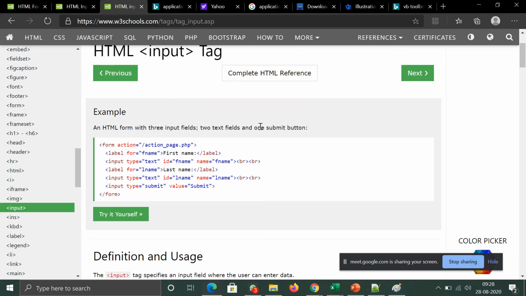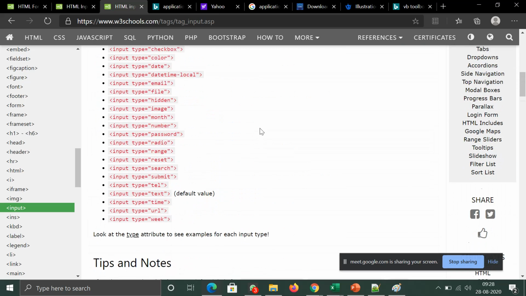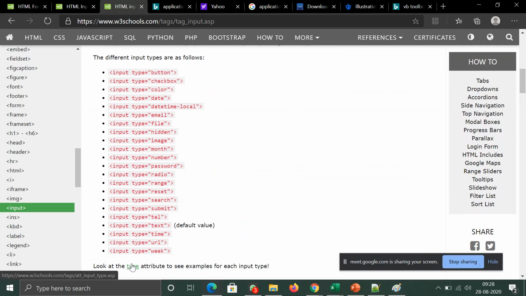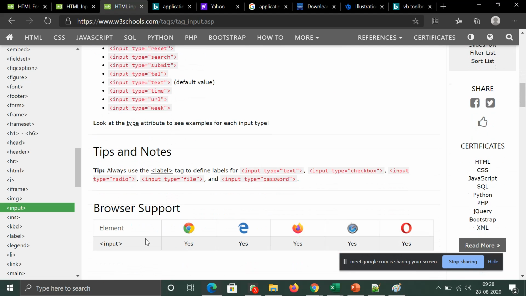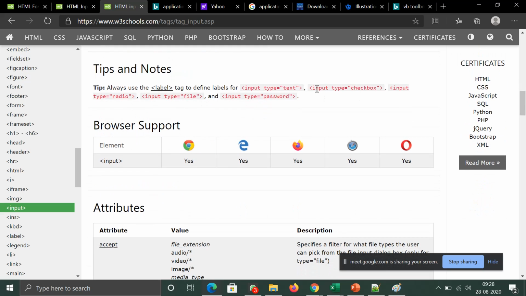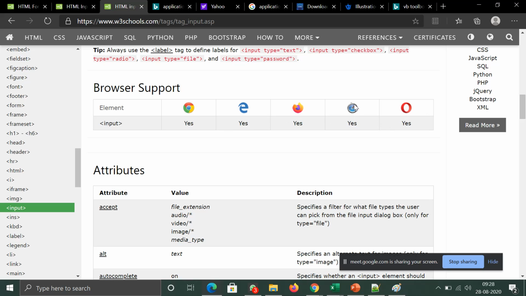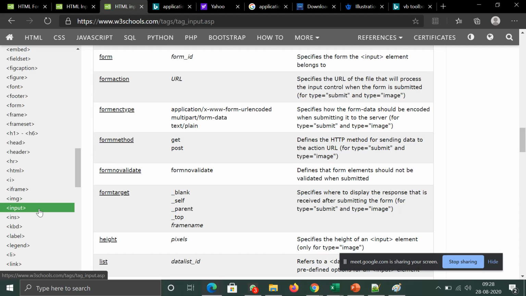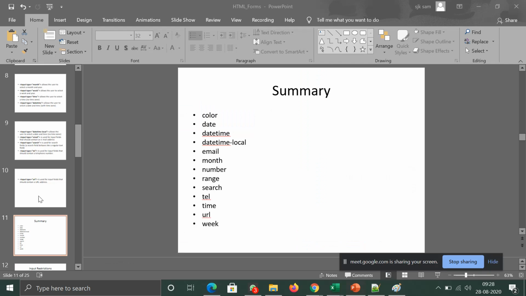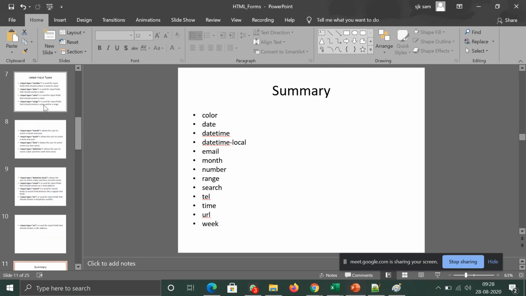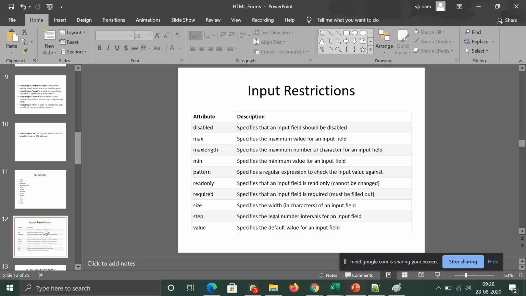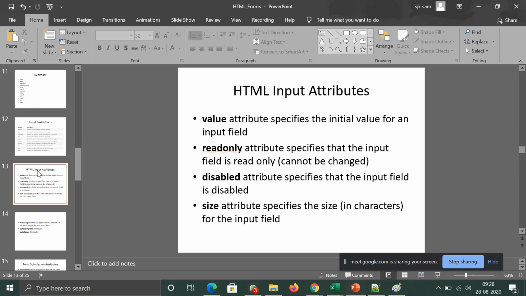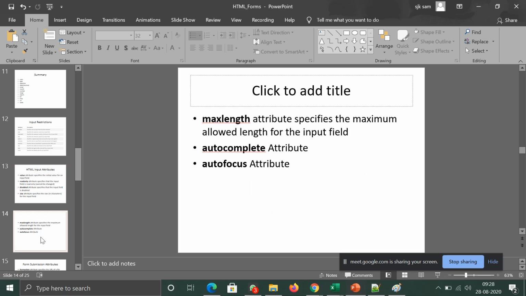I'm not sure what the terminology was, but now it has been replaced with the input box, which has been given this much functionality using the type attribute. Okay, and you can see here input type checkbox, some things they have given, and it's almost supported by all the browsers. Even Mac is supporting that, Opera, Firefox, IE, and of course Chrome. Okay, so this is actually the input tag. Okay, the other tags are actually very simple ones, which you can go and check for yourself. Okay, so I've given this in the PPT, but I thought it would be better giving it here.